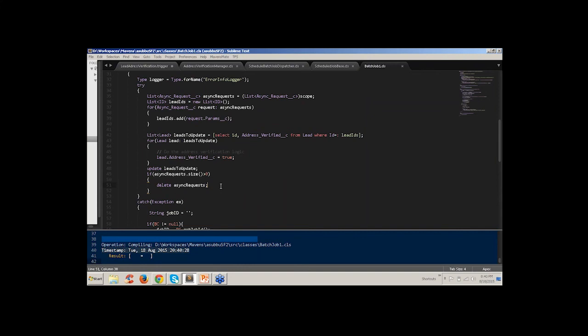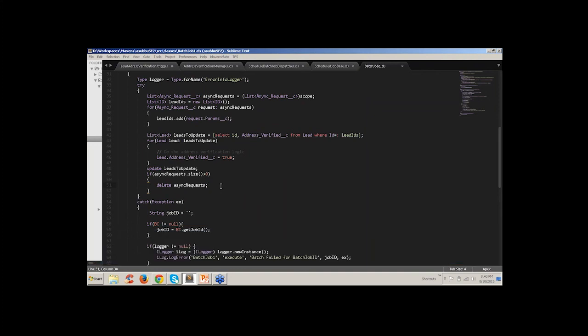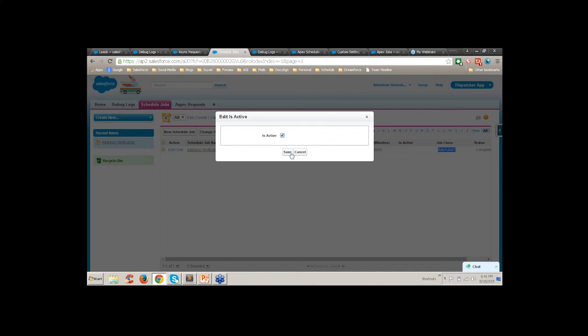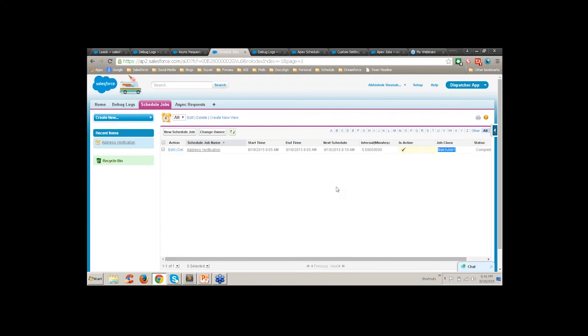If you don't make it is active equal to false and you try to edit it while it is already running, the batch job may try to run and it may conflict. So it is always best to unplug it, detach it from the framework, edit the code, save it, and run all the unit tests, making sure the positive, negative and neutral cases are all handled. Then you come back into the scheduled job, make this is active equal to true, and save it. That's it. It is attached.